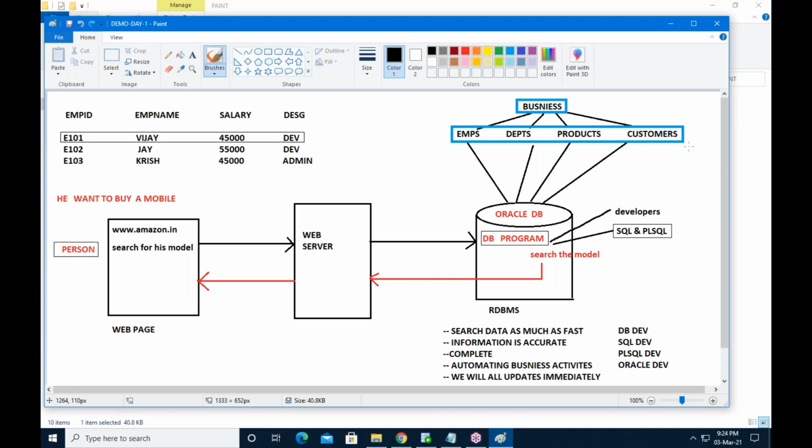After these transactions, whatever the balance in the account, that is tallied. So compulsory, not only today, from long back, before computerization also, every bank or any business has to maintain each transaction securely for customers' purposes.